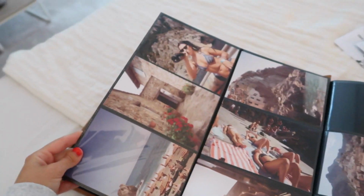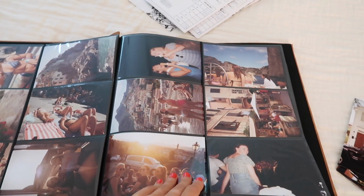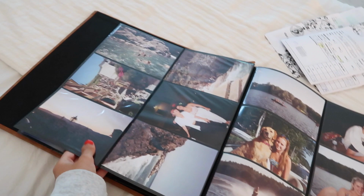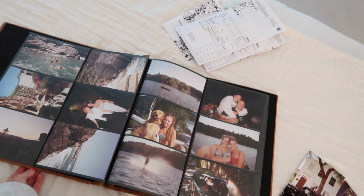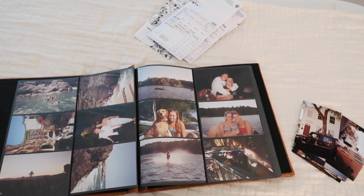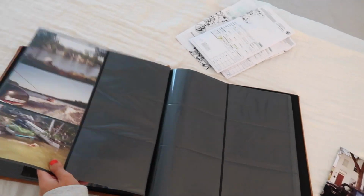Just my Italy pictures, but I love it so much so far. I'm very, very excited to have this all done. It's so cute. Some from the summer. Okay, so I finished doing my scrapbook. It came out so cute. I'm so excited to keep adding to it as we go, but it's like 5:30 now, so it